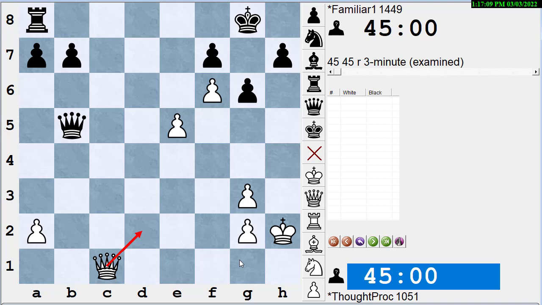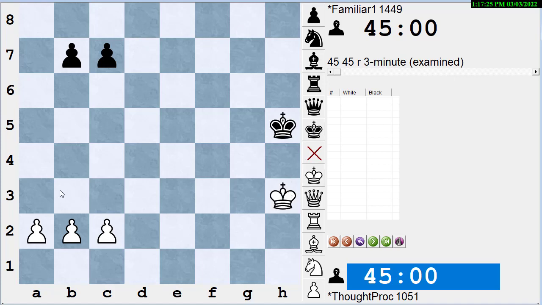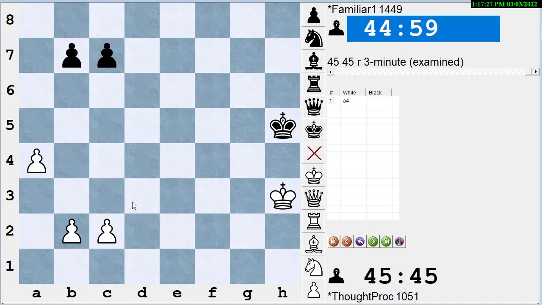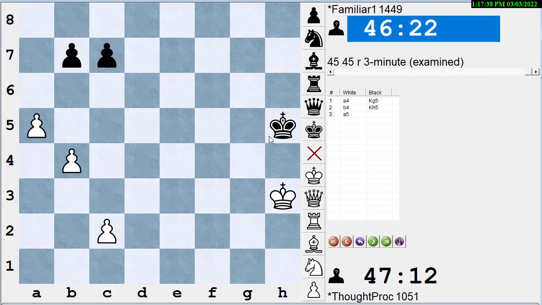Now, when people are playing long-term things, like for instance, let's take all the pieces off the board here for a second. And let's say white has a 3-on-2 majority here, and black's king is currently on the h file. And white plays a4. Well, this is not a direct threat, but it is a threat to threaten, to threaten, to threaten, which is if black sits here and does nothing and just keeps moving his king back and forth,